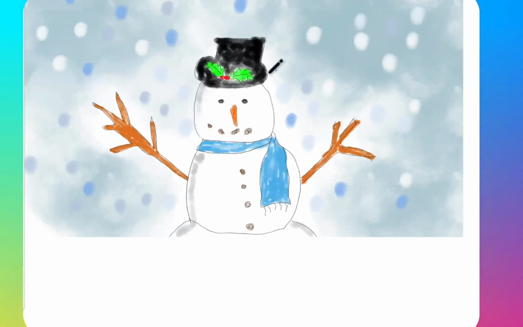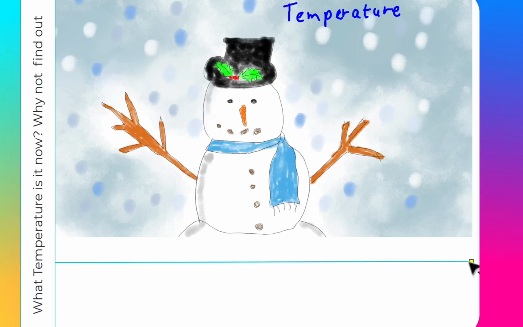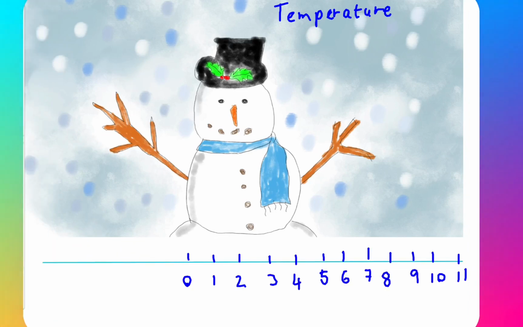We have a really cold lesson to talk about today, and we're going to talk about temperature. In Ireland we have a mild climate, so our temperature is generally average. I'm going to display a number line and represent some values of temperatures. Ireland generally has a cool temperature, on average about 7 degrees Celsius, and that is not cold or hot either.